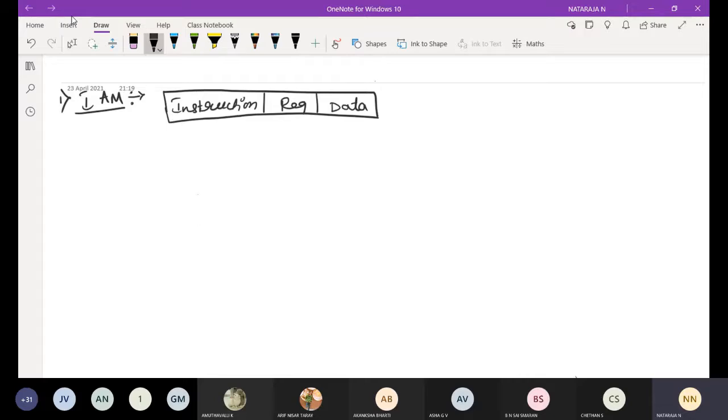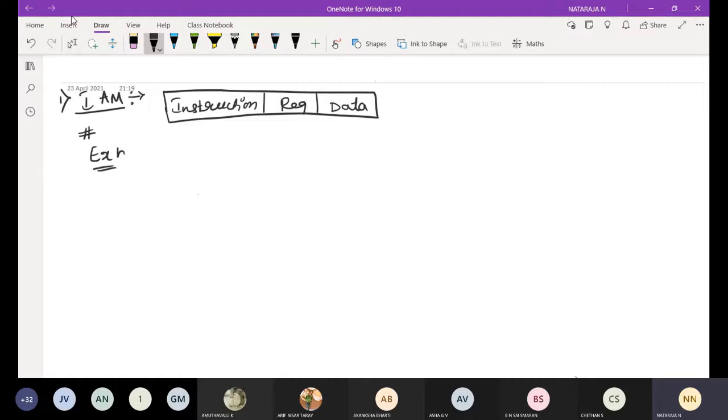Here the sign we are going to use, which we can call a pound sign or hash, is used because immediate data should be preceded with a hash symbol. Why are we going to use this? Because we are going to access the immediate data. That is why we use such a symbol.